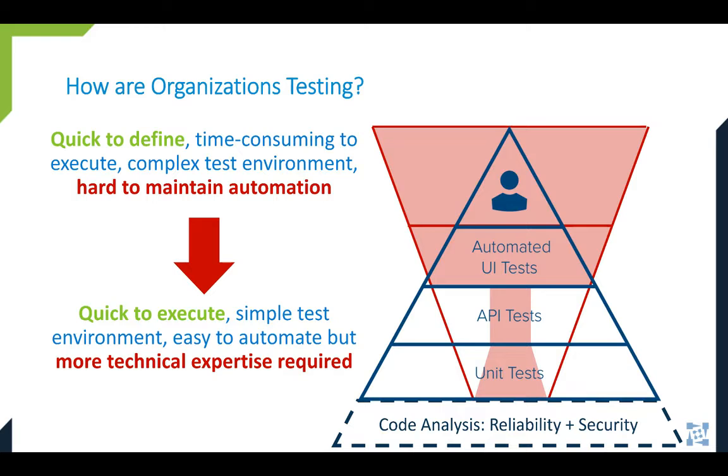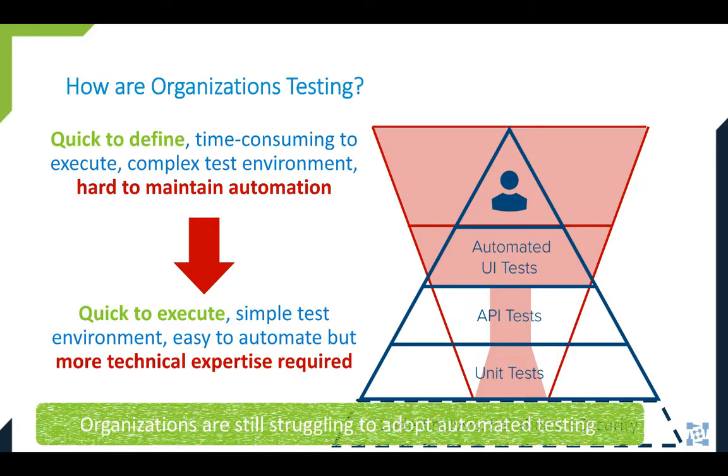And when we dig deeper, we see that it's actually worse. We find that many organizations are skipping right past the API testing because it's hard to understand, or it often falls into this no man's land between dev and test roles or teams. And the bottom line is that many organizations are still struggling with achieving automated testing and extending that to continuous testing.